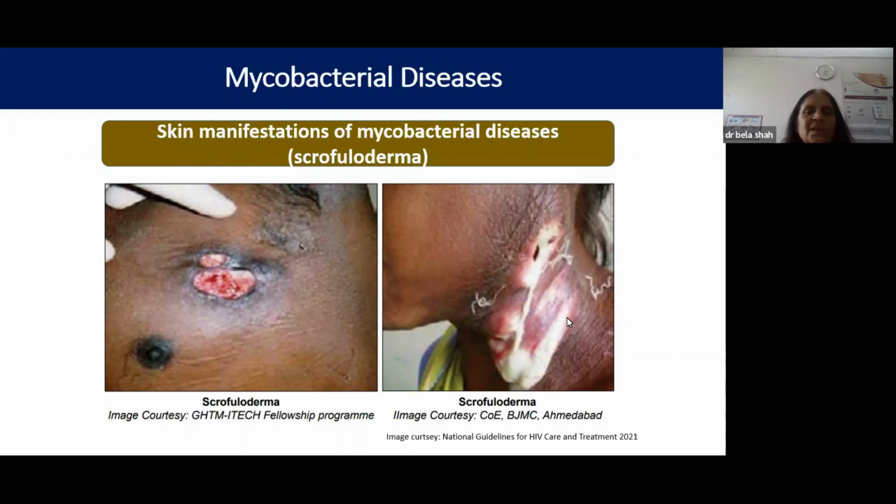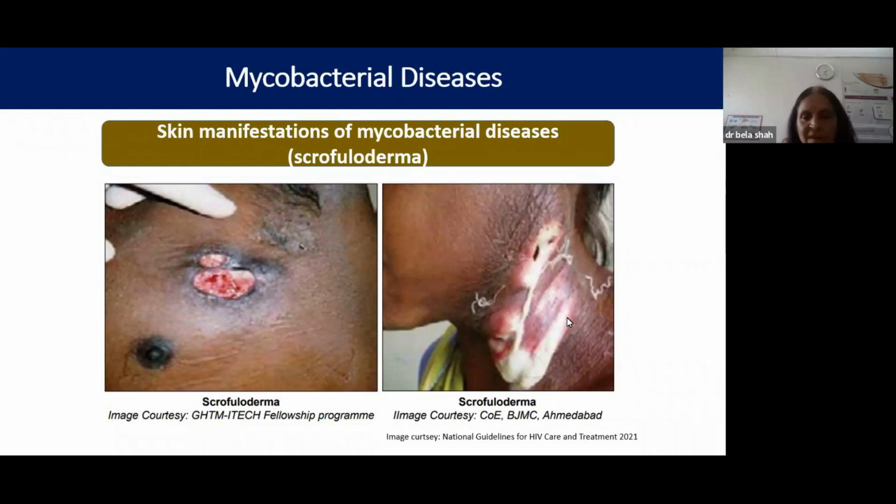Here, what you are seeing right now on the screen are 2 examples of patients who have developed scrofuloderma. The tuberculous focus is either an underlying lymph node, or joint, or bone. It ruptures and forms such puckered scarring